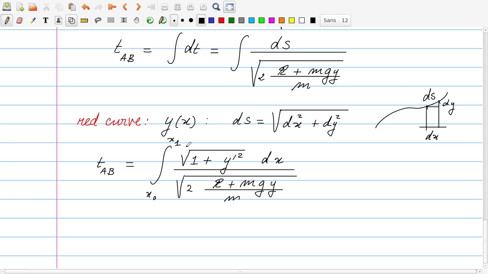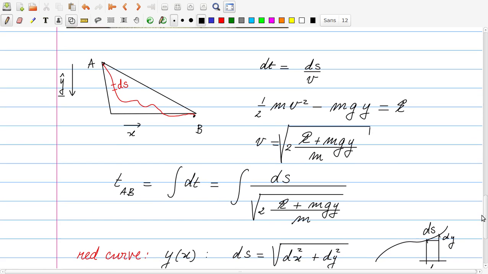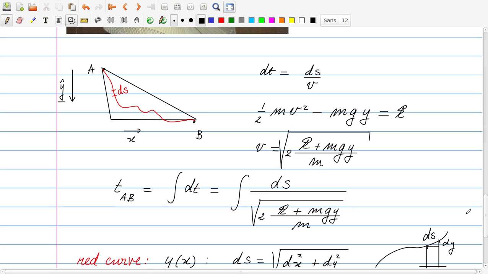Now we can simplify this integral substantially by realizing that we can shift the y component, and we can do that by changing the reference of the energy. It is well known that in classical mechanics it doesn't matter where we put the zero of the potential energy, we can put it anywhere, and we assume that the A point corresponds to y is 0,